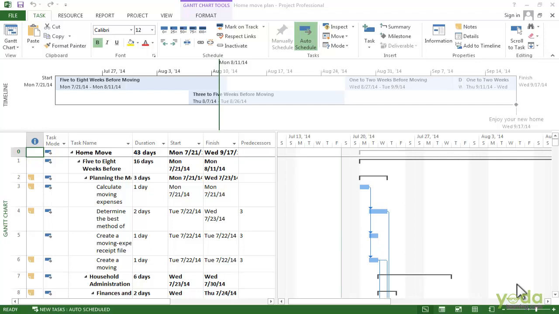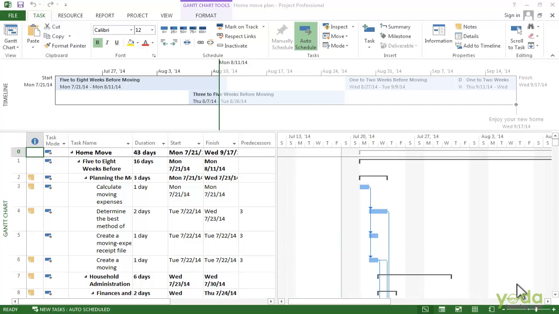Text styles format different categories of text like row and column headings, text around taskbars, or text for critical tasks. You can change the text formatting to make the tables more readable or to emphasize specific tasks. You can also change the format for a single text string to make it stand out.